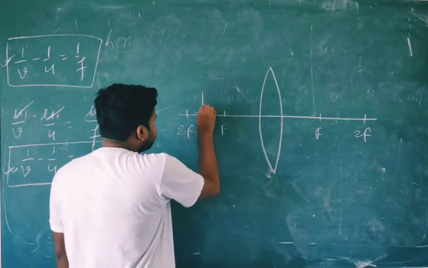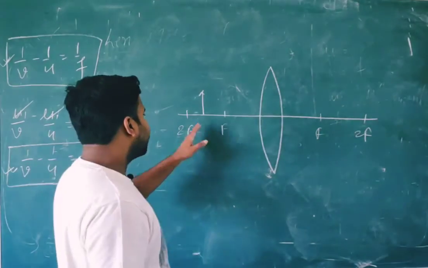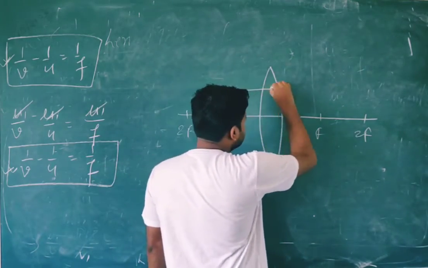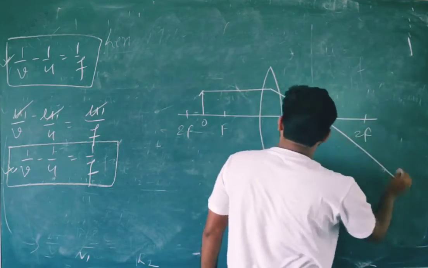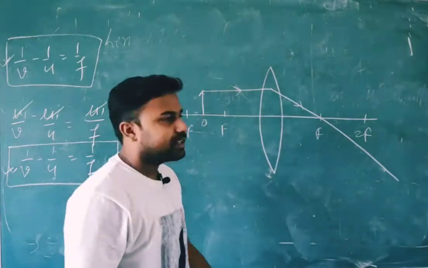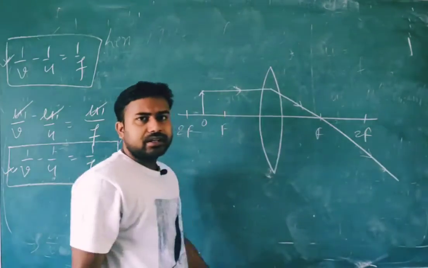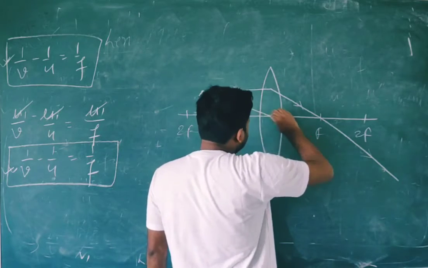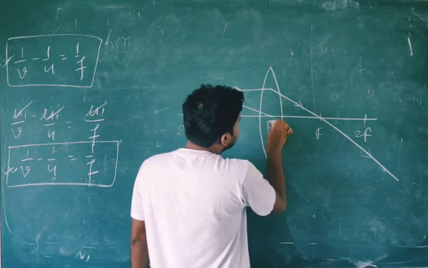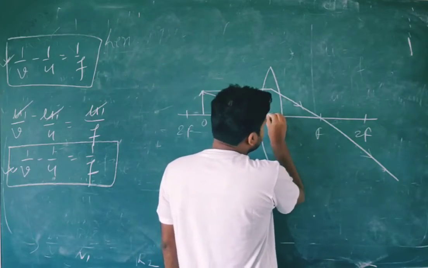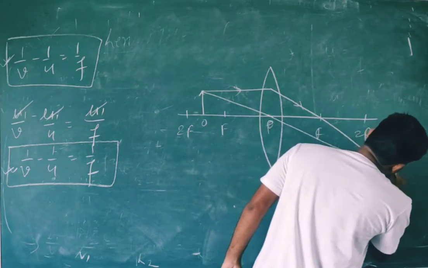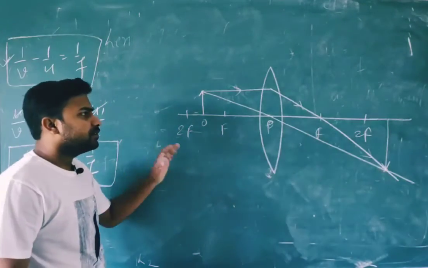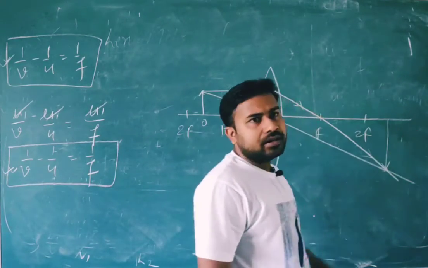Now student, I am assuming that our object is situated between f and 2f. Where will the image form? It will pass through the focus, is it or not? We all know how to draw these ray diagrams. I already discussed this in the last video lecture. Now the ray passing through the optical center will go without deviation. I took O here, that's why I am taking P here. And where is the image forming? At this point. So if your object is placed between f and 2f, the image will form beyond 2f.